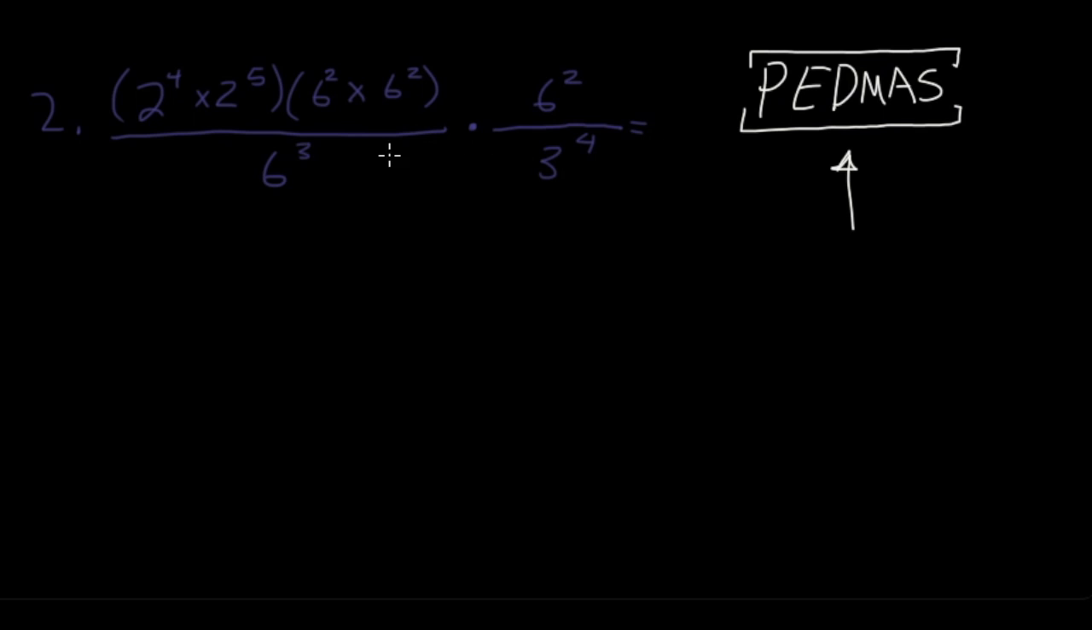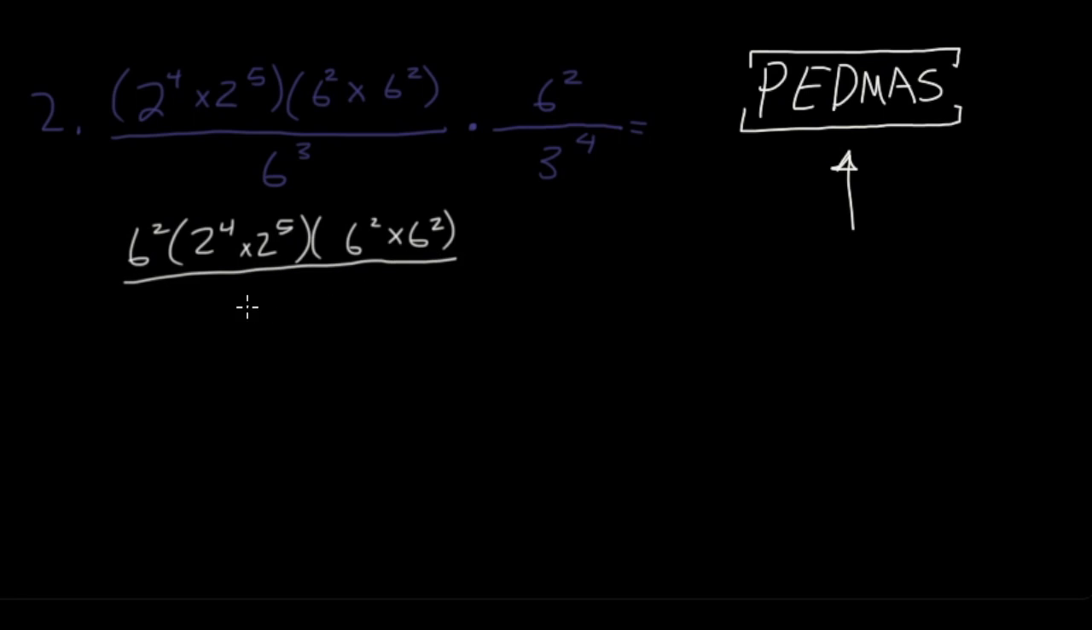so as we all know, when we have fractions multiplied by a fraction, we simply multiply the top and we multiply the bottom. So what we're left with here is 6 squared times 2 to the power of 4 times 2 to the power of 5 times 6 squared times 6 squared, it's not very clear, times 6 squared over 6 cubed times 3 to the power of 4. Now, to apply PEDMAS,